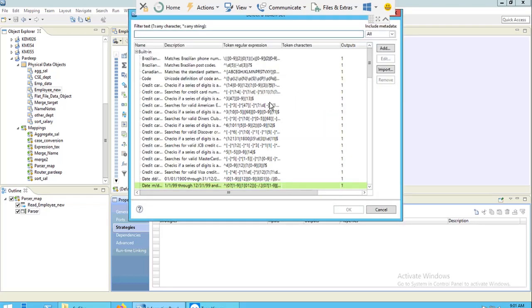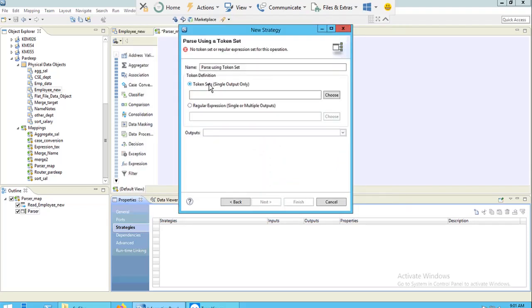Let me remove this. In this case I don't want to use token set, I want to use regular expression, as I want multiple columns, because if I want to split my full name into first name and last name, my output will be 2 columns. So I will use this.